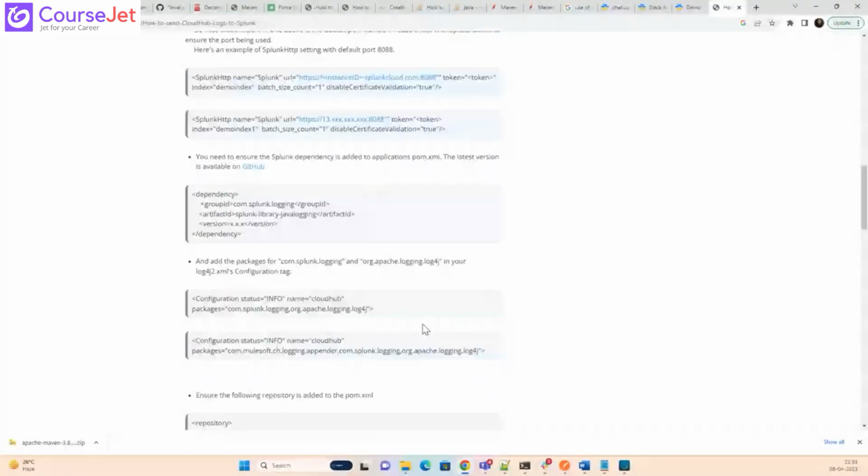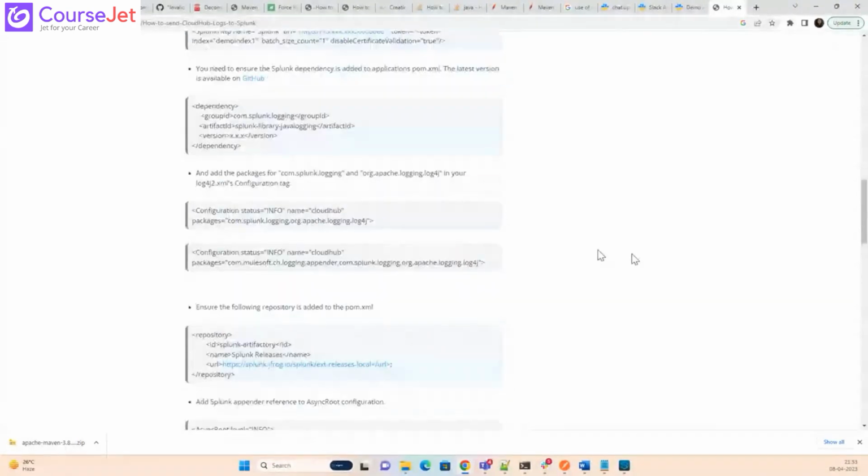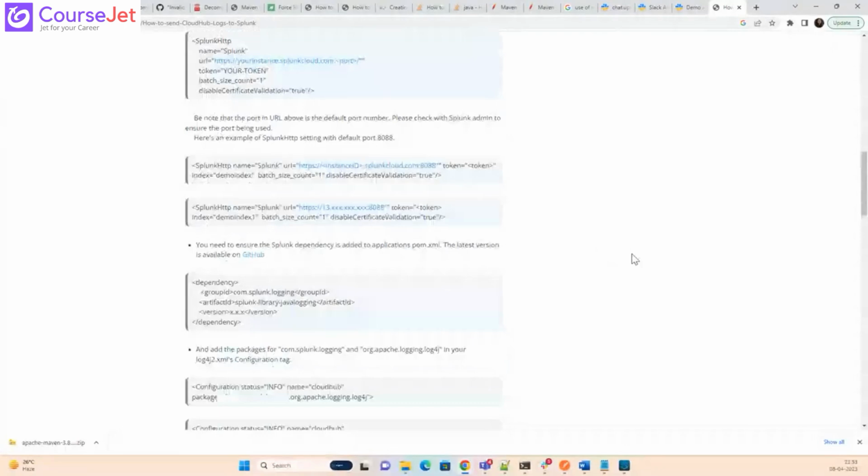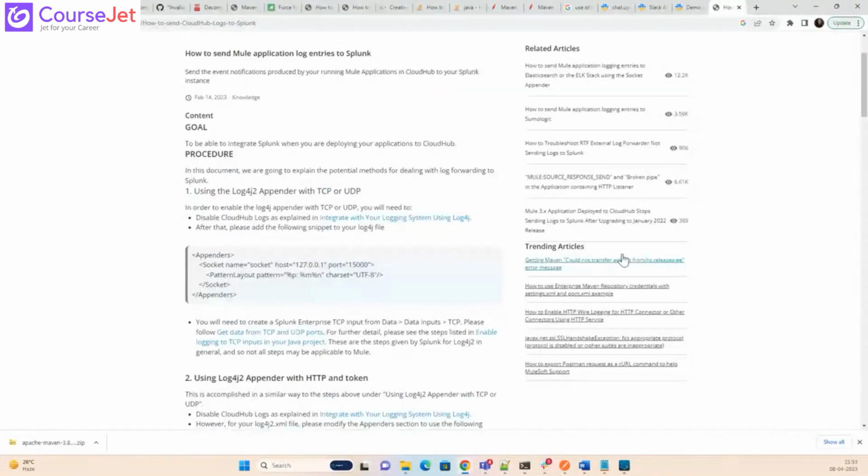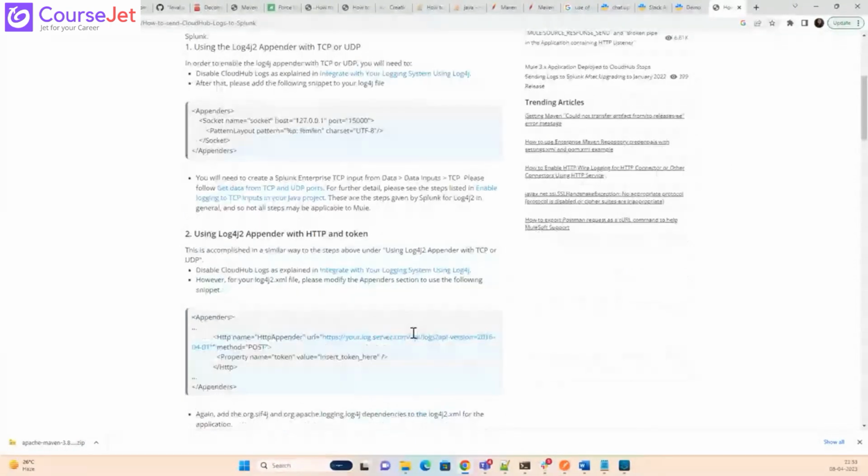Okay. So these steps are mentioned. Whenever you will be sending the logs to either Splunk, ELK, or whatever that tool was, I forgot, then you can add these appenders. Really based on these appenders, you can respectively add the